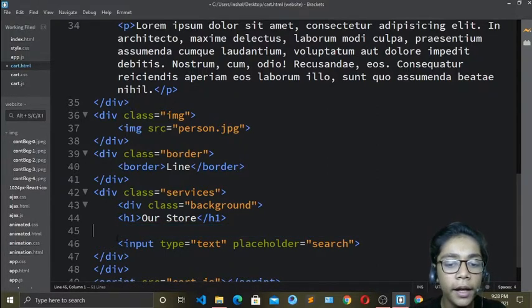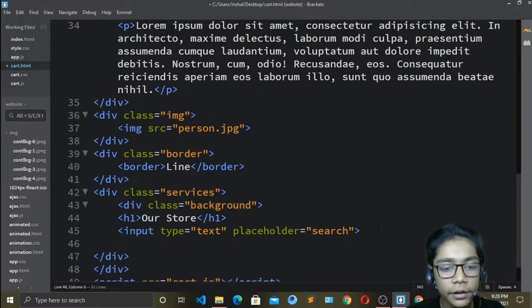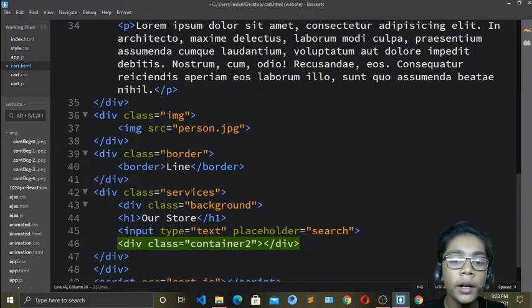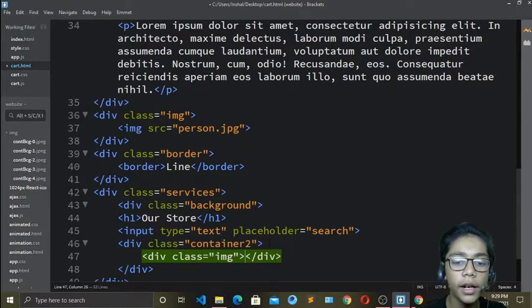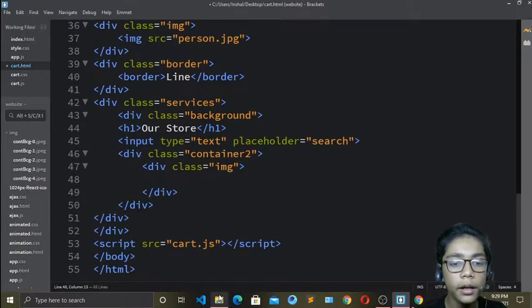So I will copy that and erase from that, and over here I will just paste all the things. Now underneath that I will define all the products. First of all, I will define a div with a class of image over here. Now when you've done that, come over here, and now here you have to define another thing.